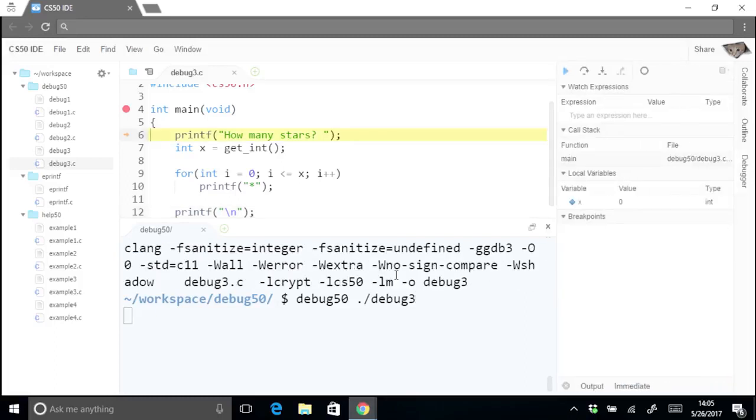All right. How many stars? So again, we broke at main, so it's going to freeze at line 6 and wait. If I step over this line, it will print out how many stars. Let's say that I want 5. And then we'll step over this, because we don't need to step in to get in, presumably. And when we get through,